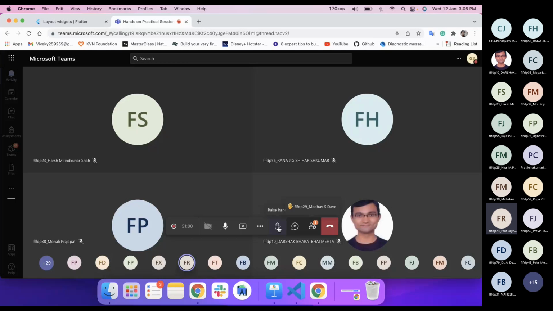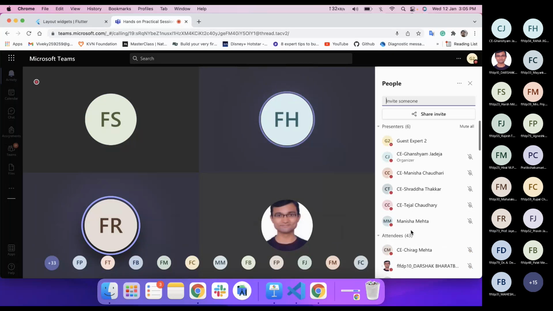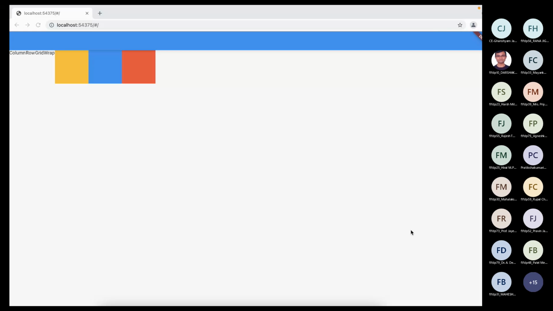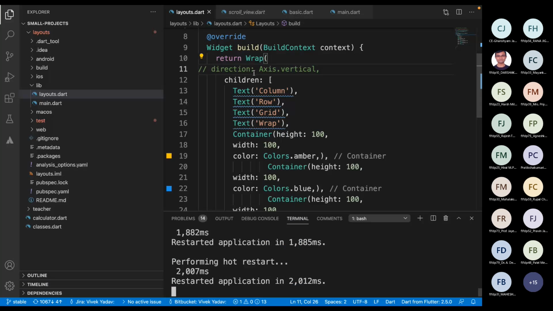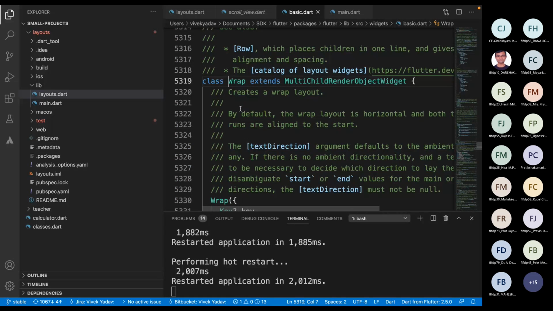Vivek asks: if we have wrap, then why should we use columns as well as rows, because things can be done using wrap? Every widget has some type of properties with it. Wrap is a kind of special widget, and mostly we don't use wrap. When you go inside the wrap, you will find a few more things that are not provided by column.